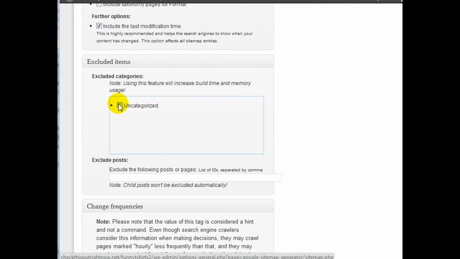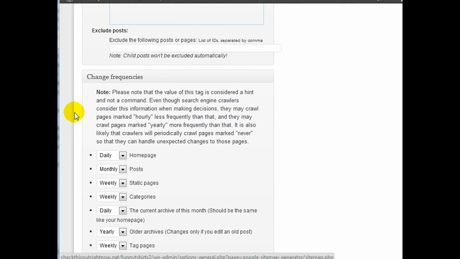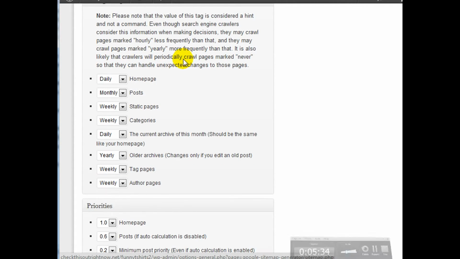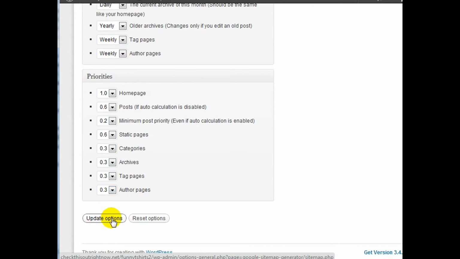You can also exclude specific categories, but in this blog I only have one category. You can change the frequencies in terms of XML sitemap creation and notifying the search engines. You can change this information here, but I'm going to leave this as it is and go ahead and click on